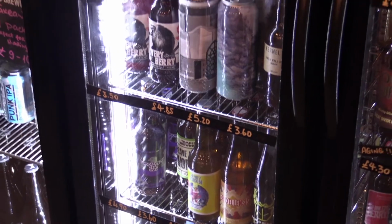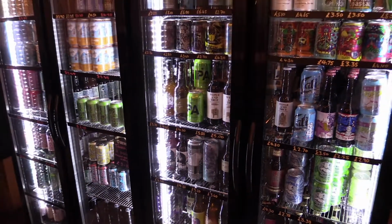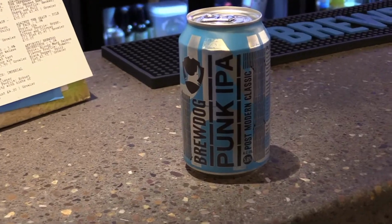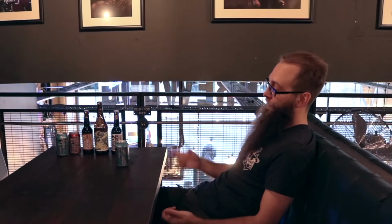So we do very basic taster sessions where we explain the beers and just get to try it in a smaller format where it's not as intimidating. Most popular, Punk. It's our top selling product. We sell so much of it that we have a separate brewery outside the main brewery just to produce this